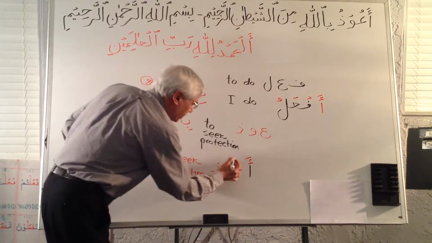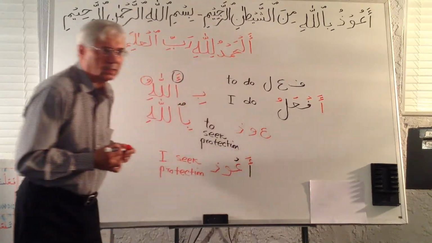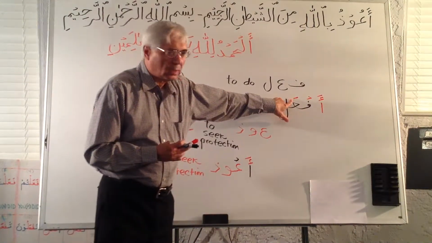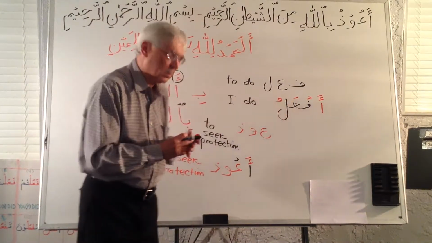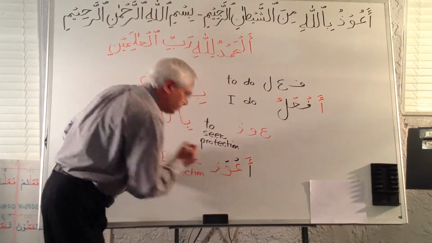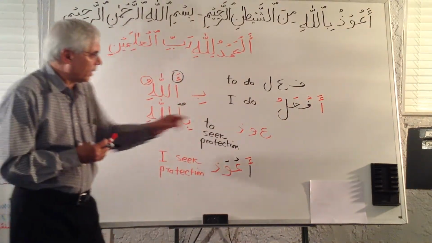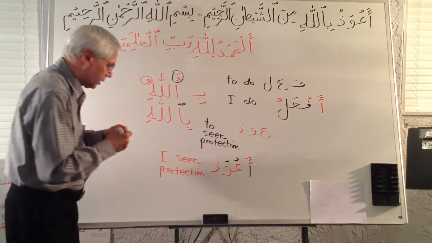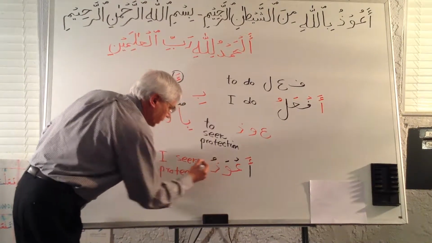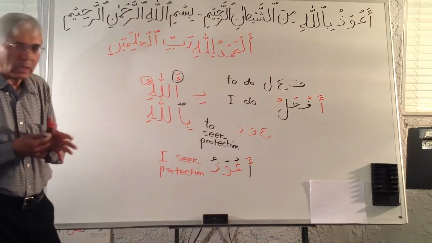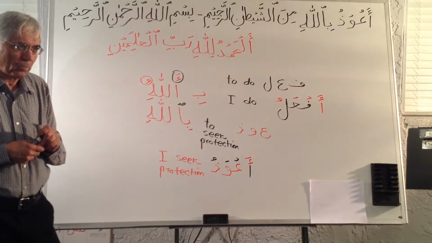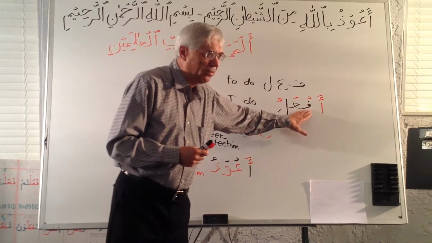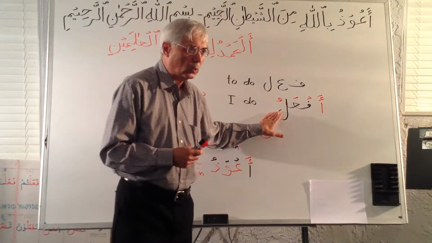So let's put the sukoon on the second letter. The third letter has a fatah on it, so let's put a fatah on it. And this last letter, lam, has a dhamma or a pesh on it. So let's put a pesh on the last letter. Now we created a word here, and let's pronounce this word. We pronounce this as af, a, lu.